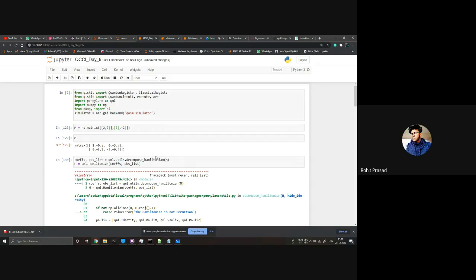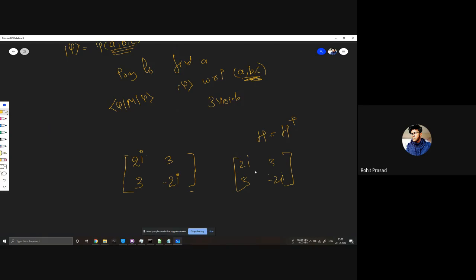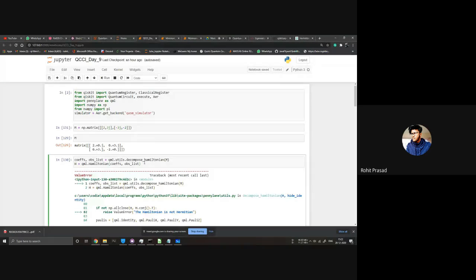Okay, it should be minus 3j and 2, minus 3j. Wait. Okay, so here minus 2. I didn't take the conjugate. I just took the transpose out of it. So it should be minus 2i, 3, 2i, and that's not equal to the actual one. Okay. Yeah. So it should work now.